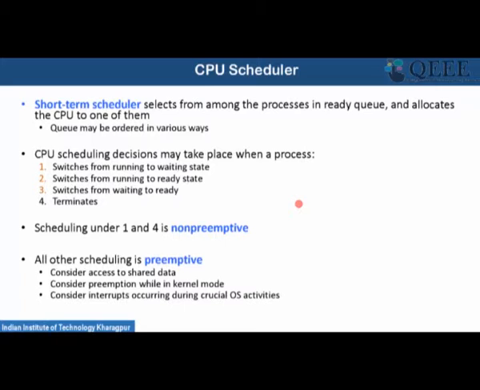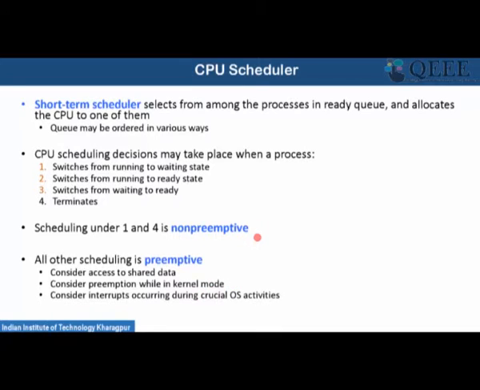So you have to make a forceful context switch between two processes. This kind of scheduling algorithm we call preemptive scheduling. We'll discuss different kinds of preemptive scheduling in detail.